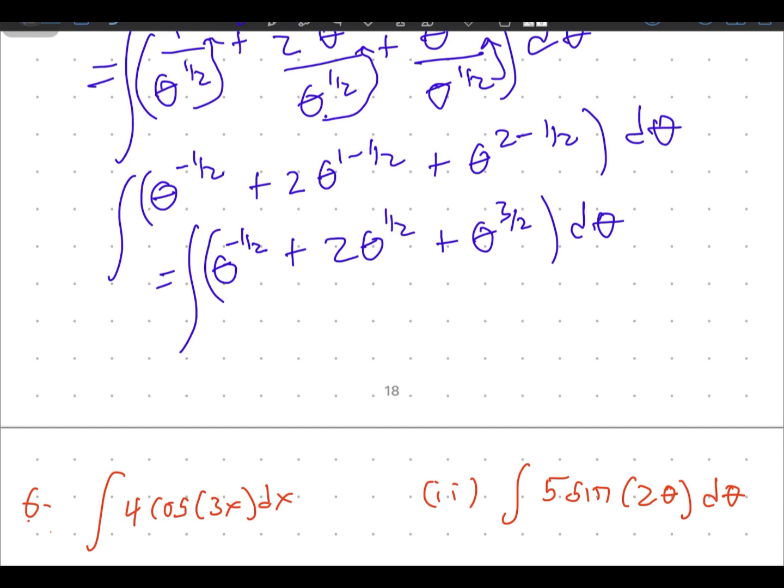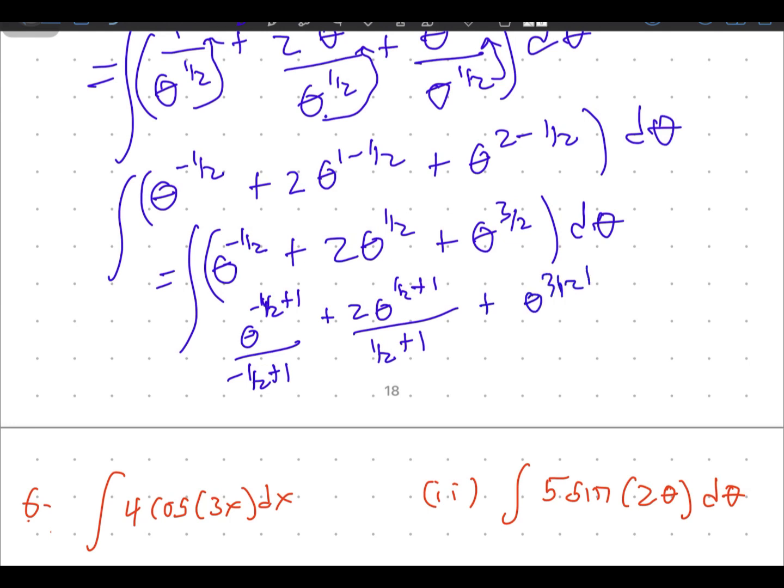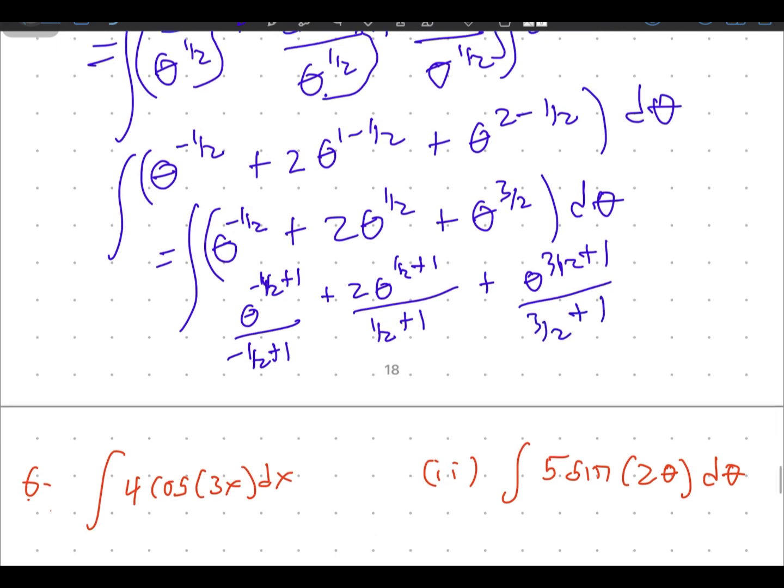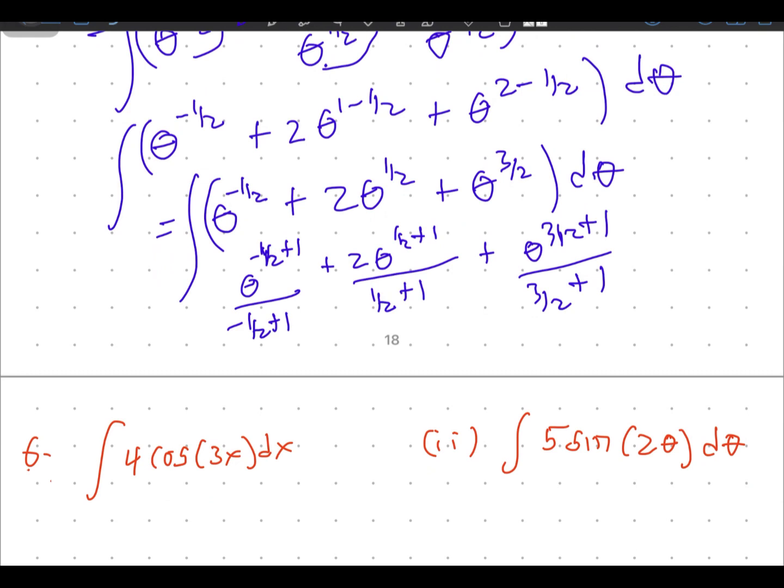So if you get it in this way, you just go ahead by doing theta to the negative 1 over 2 plus 1, over negative 1 over 2 plus 1, plus 2 theta to the 1 over 2 plus 1, over 1 over 2 plus 1. Don't forget to bring your 1 over 2 plus 1 here as the denominator. Here is negative, positive, plus theta to the 3 over 2 plus 1 over 3 over 2 plus 1. So when you get this way, the rest will be algebra, and then you will get your final answer to